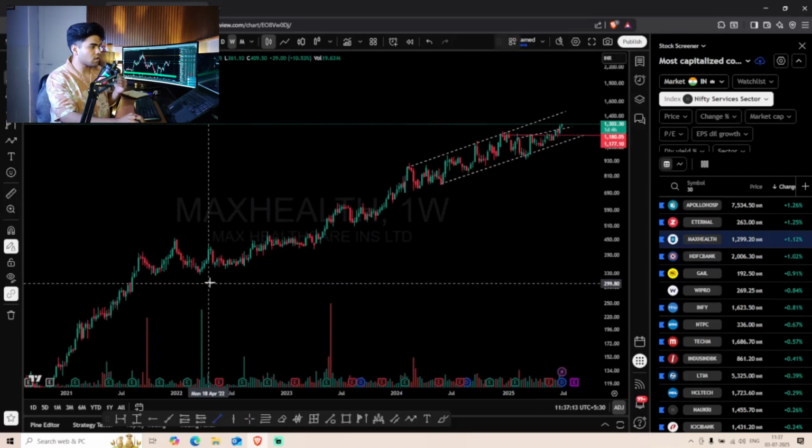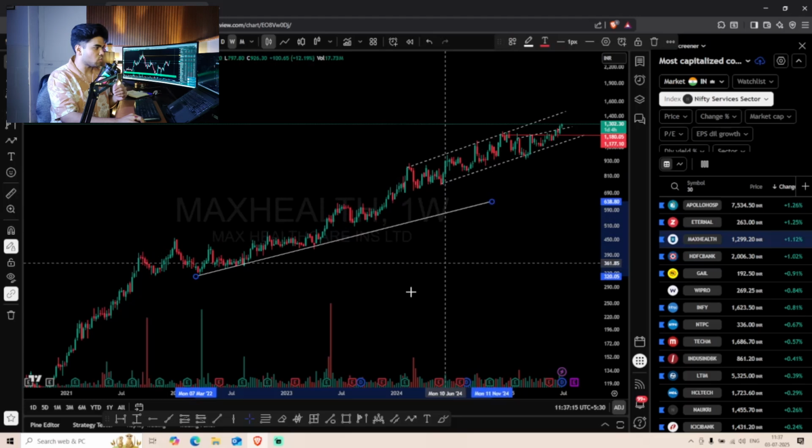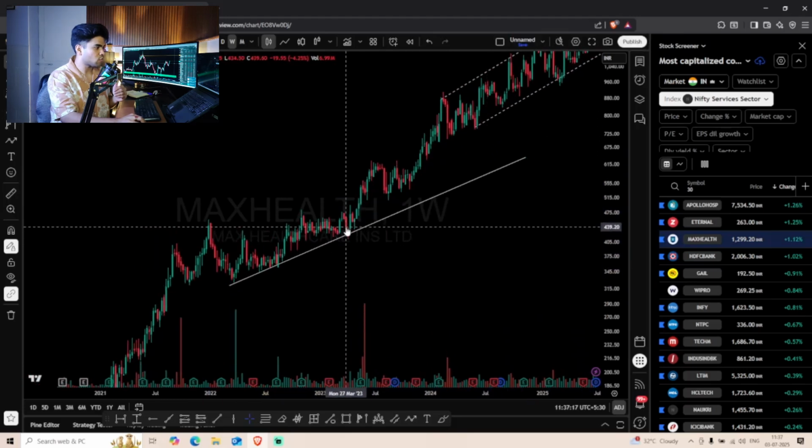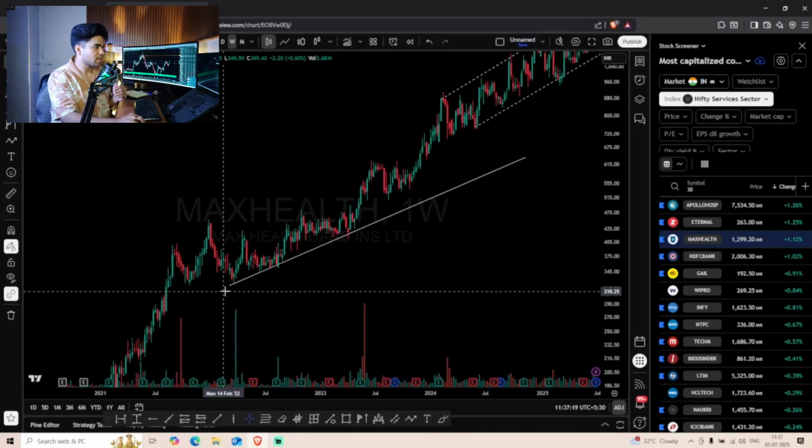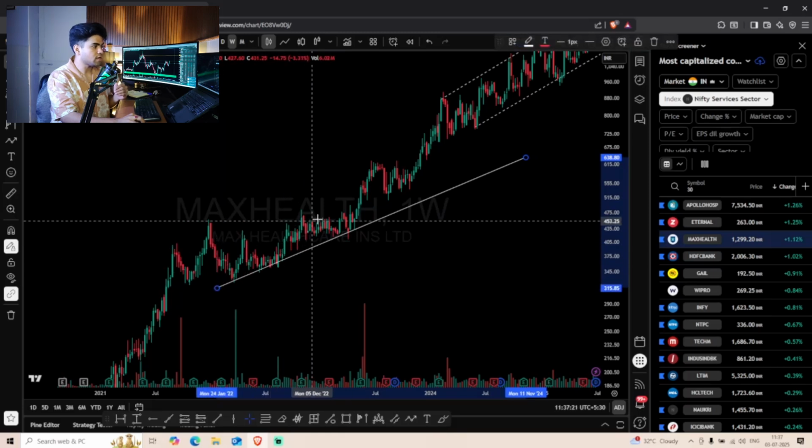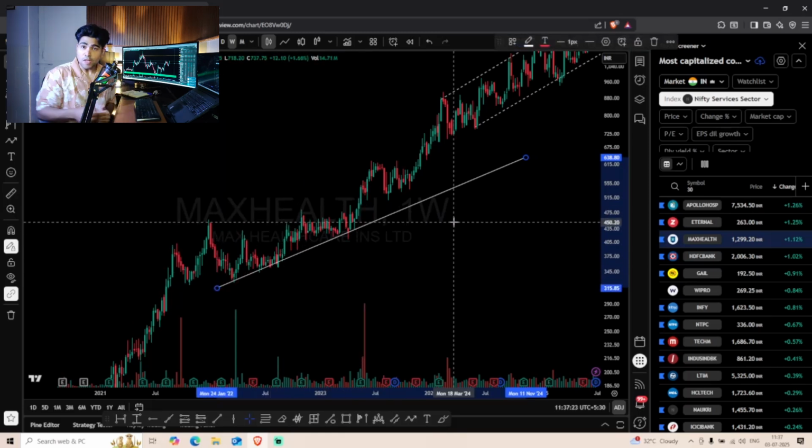Maybe I'm not a breakout trader, I'm a support trader, and in that same time of 2023 you guys can see the stock is making a solid trend line on a weekly time frame. This is what I'm telling you guys. So different set of traders will get different set of stocks,